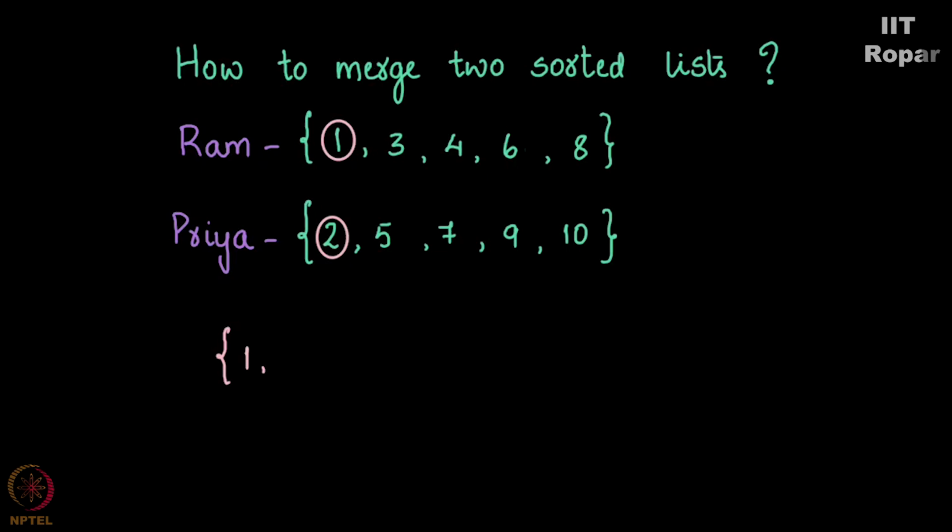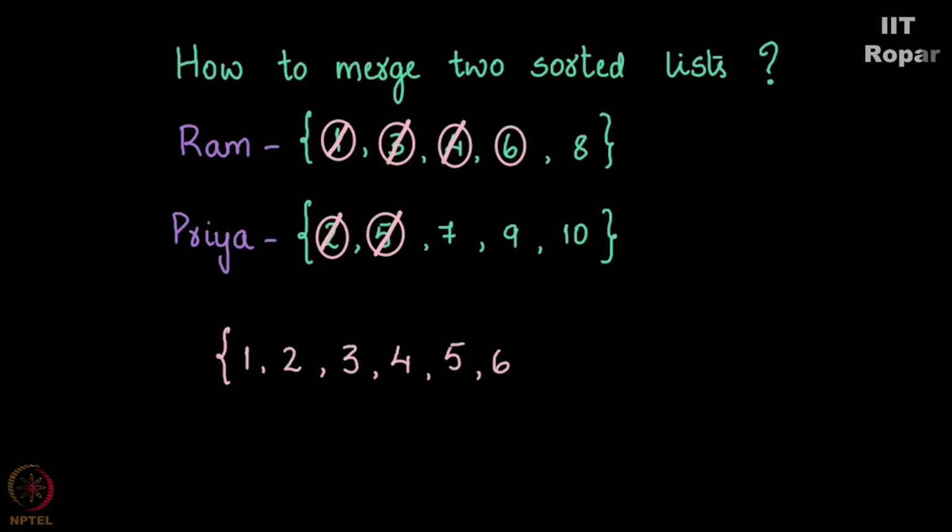The next one is, I write down 2 here and strike 2 off. I struck 1 off, I am striking 2 off. And then I see that it is 3 on this side and 5 on this side. Which one is the least amongst these two? I compare and I get 3. I put 3 next. Then I have to compare 4 and 5, which is the smaller one here. 4, I put 4 here. And then 6 and 5, which is smaller? 5 is smaller, I put 5 here. And then 6, and then 7, and then 8, and then 9, and then 10.